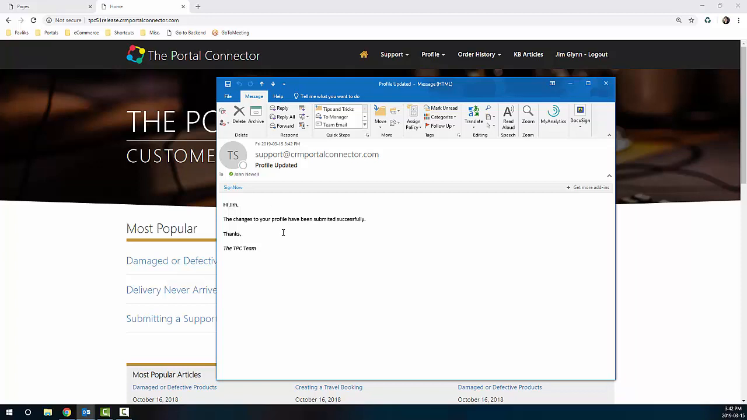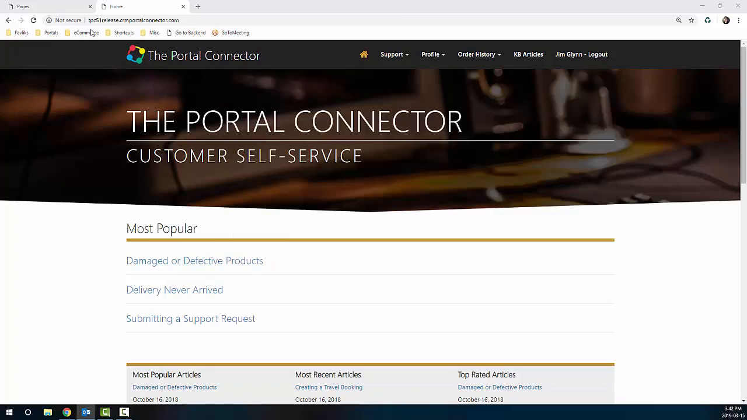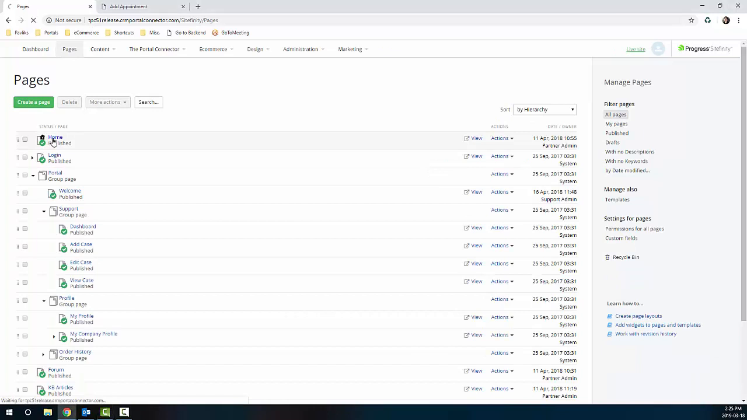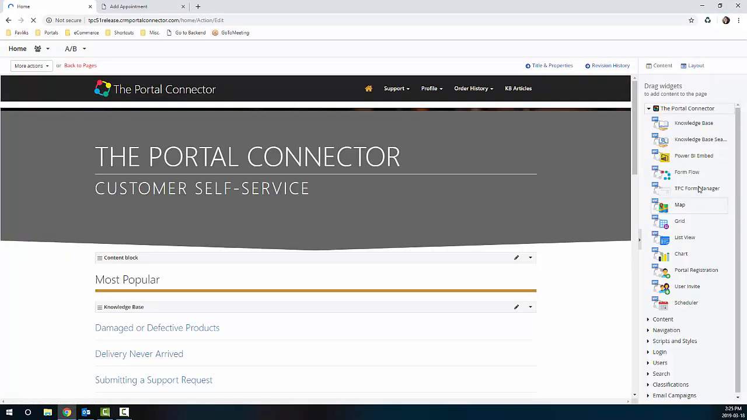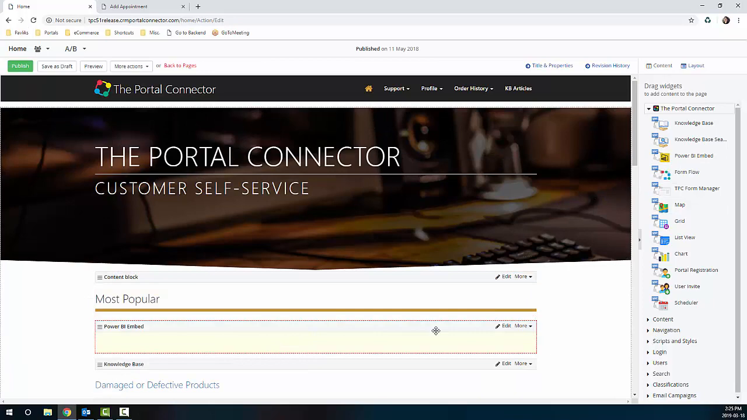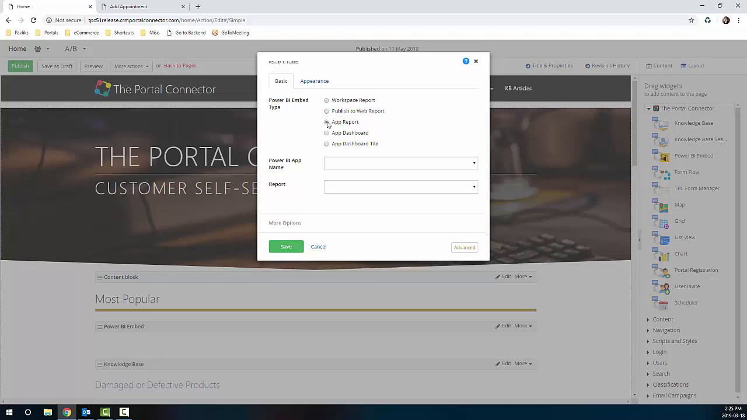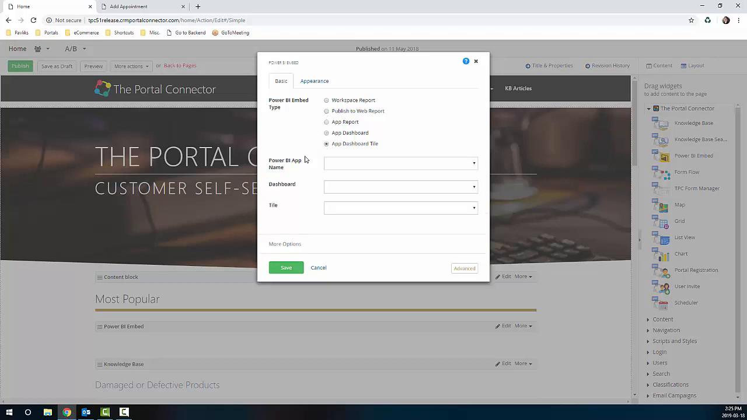So that covers all the new features to FormFlow, and we can move on to our last page-based widget improvement, our new and improved Power BI widget. The updates made to the Power BI widget now allow us to connect through the new Power BI API. So where before we could only display a full workspace report, we now have the option to embed an app report, an app dashboard, or an individual app dashboard tile onto your portal pages. This way you can create some pretty cool displays on your portal pages with this new added flexibility that the